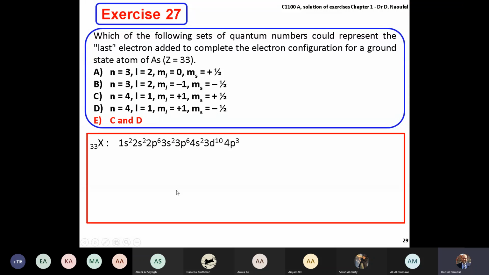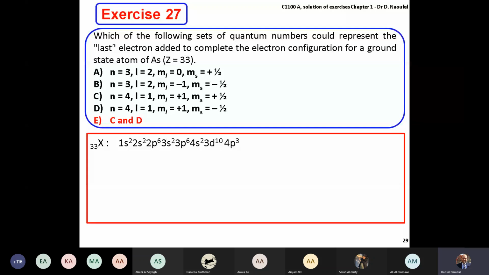So first of all, we have to write the electronic configuration for an atom X with Z equal 33. According to Klechkowski's rule, we have two choices. Either we know the complete electronic configuration: 1s2, 2s2, 2p6, 3s2, 3p6, 4s2, 3d10, 4p6, 5s2, and so on,